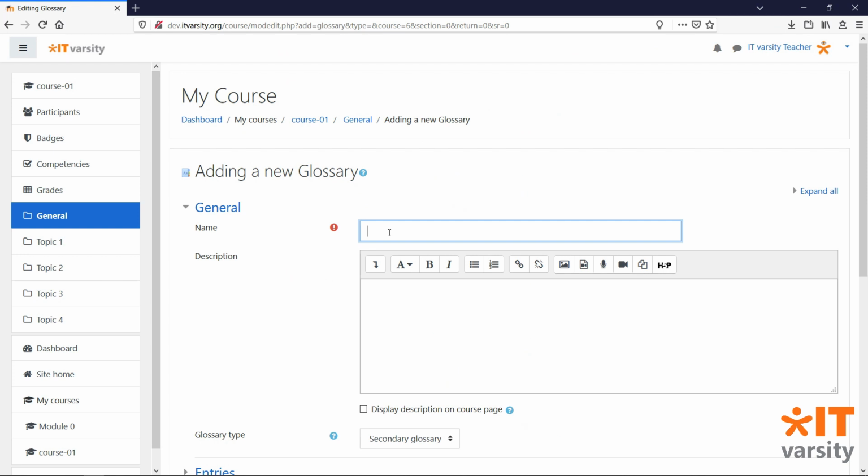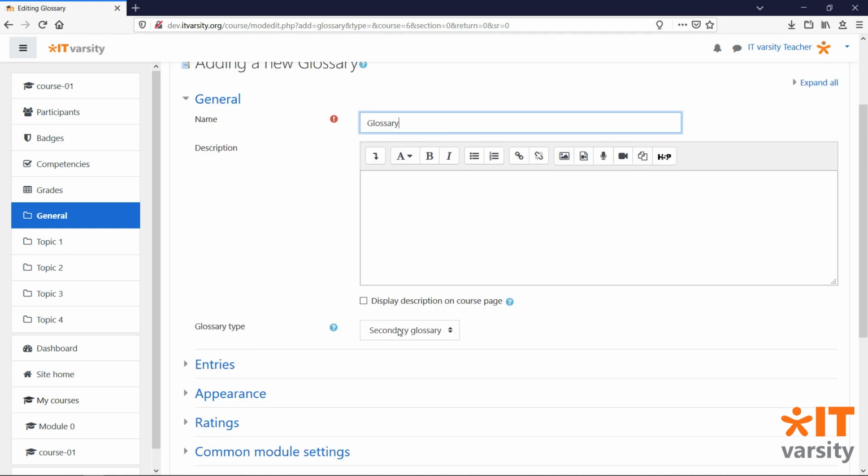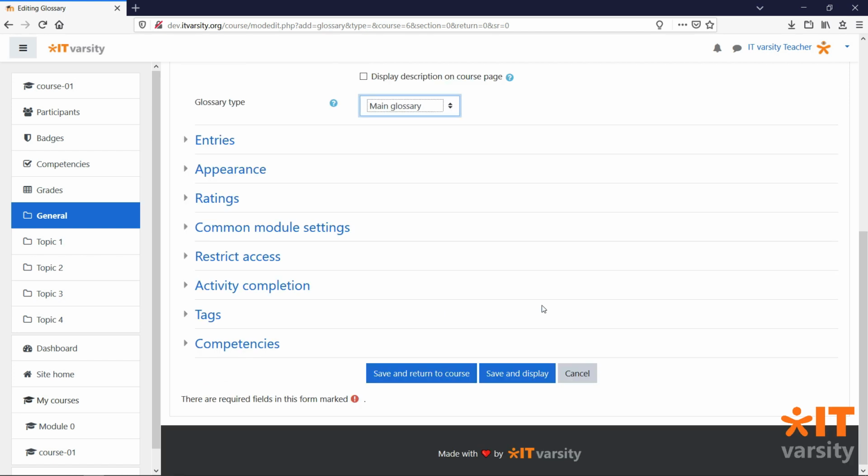We can give the glossary a name, and we can select what type of glossary this will be. Most of the settings for the glossary module are identical to any other module that we've added, with the exception